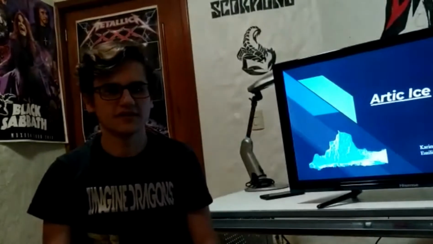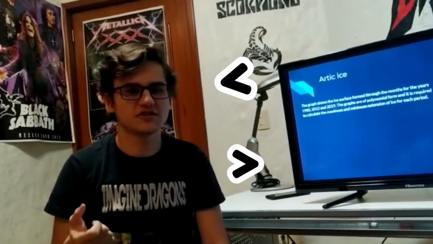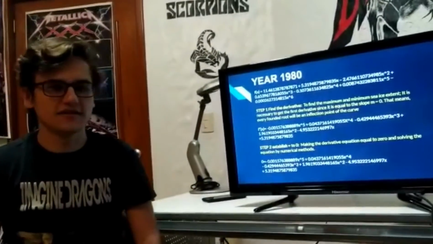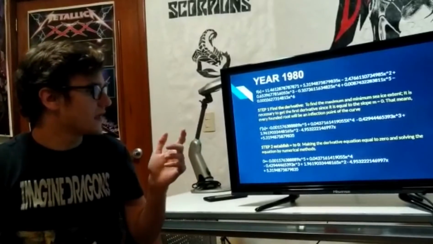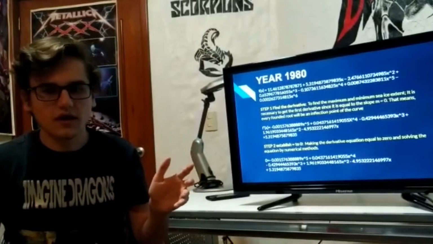Arctic Ice Project. In this project we need to calculate the maximum and minimum extent of ice for each period. Year 1918. The first step is to calculate the derivative. And now that we have the derivative, we have to set the derivative equal to 0 and solve the equation